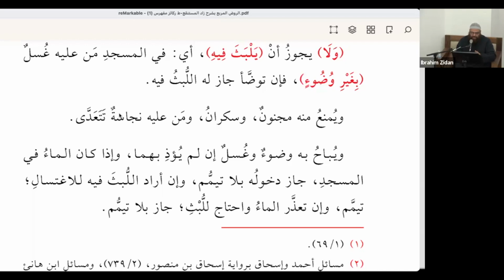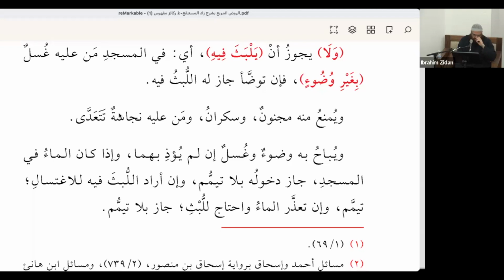And this is, of course, we're not talking about someone who made wudu. If he made wudu, of course, it's permissible and he can stay. But this is someone that is junub and he did not make wudu and the water is in the masjid. What should he do? Permissible for him to go to the masjid without tayammum, and he's going to make ghusl